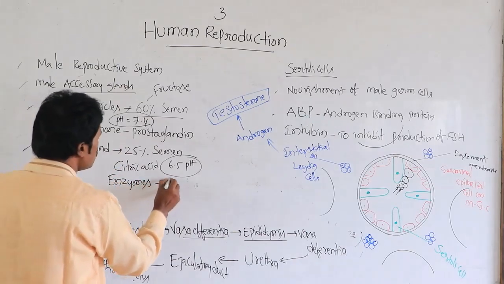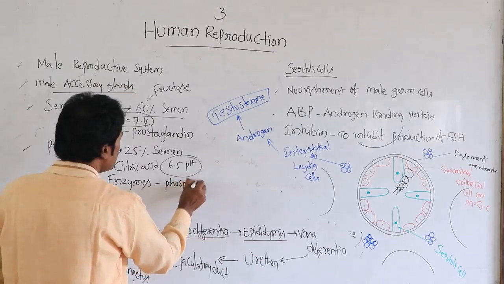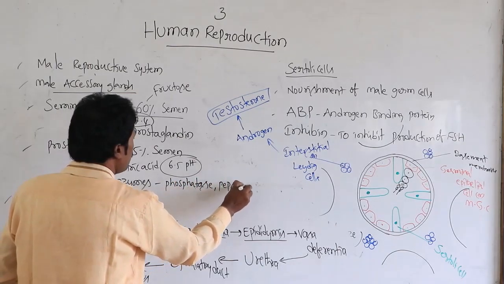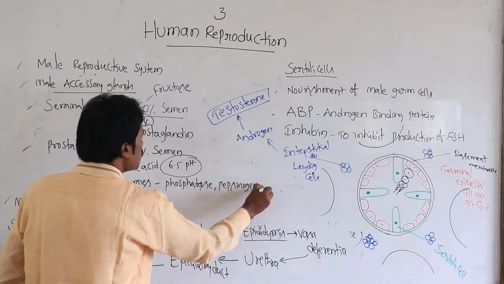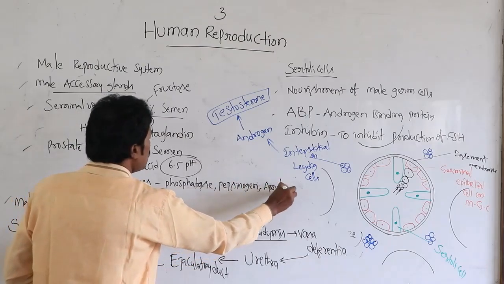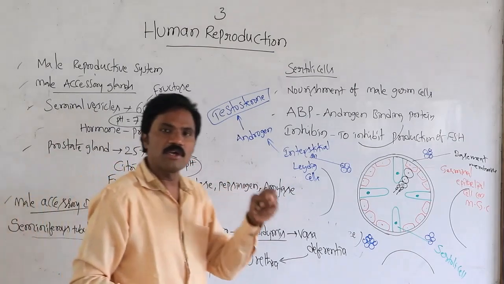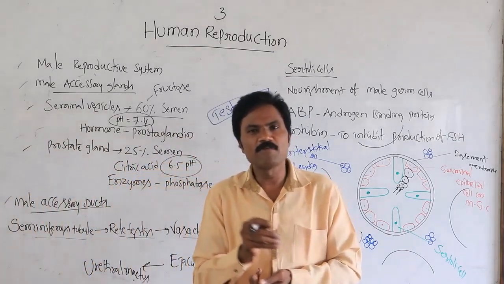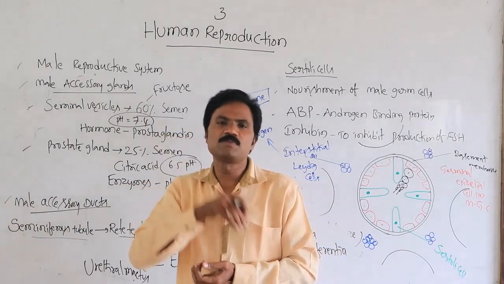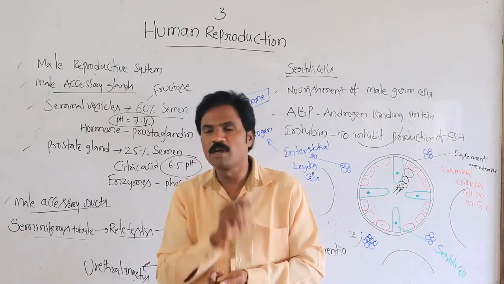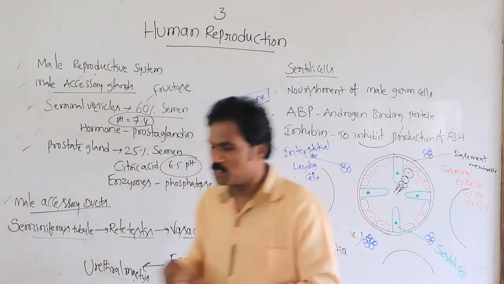It also contains enzymes. What are the enzymes? They are phosphatase as well as pepsinogen as well as amylase. So these are the enzymes contained in the prostate secretion of the semen. Apart from this, a milky white substance is also secreted by the prostate gland. Only one is present. The rest of the percentage,